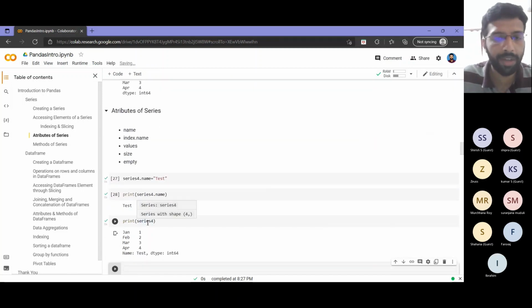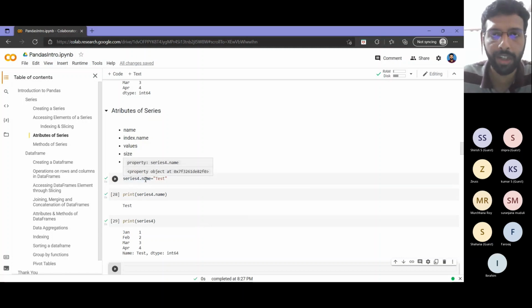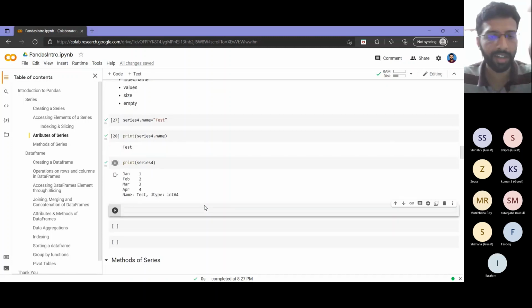This comes in use when you have a code with multiple series. Then you can access the particular series by name. If you assign some name to it and want to check whether your input is some particular series, in your if condition you can directly check if the corresponding series name equals whatever you want. If you want to implement things like this, you can directly use the name attribute.